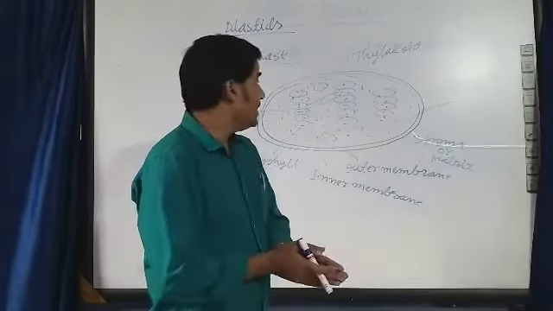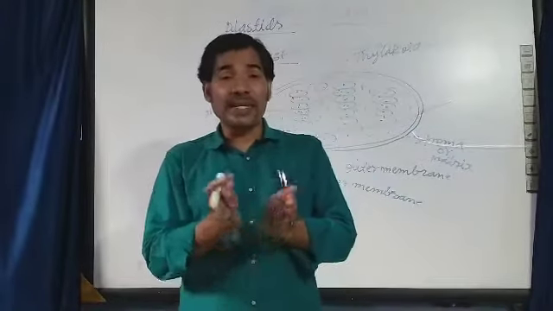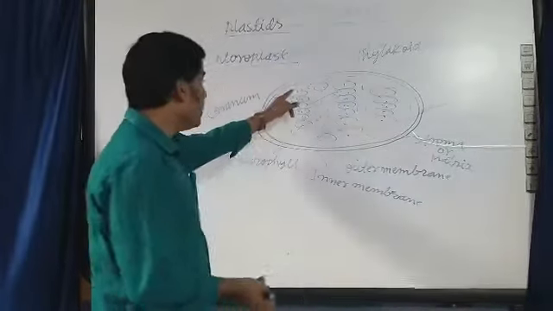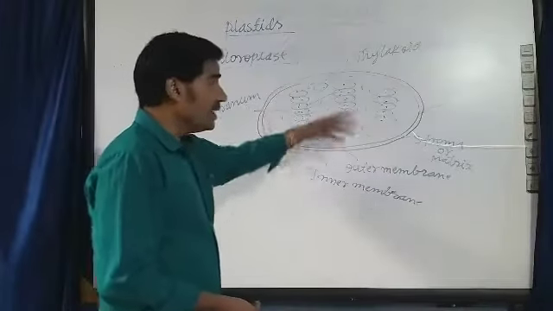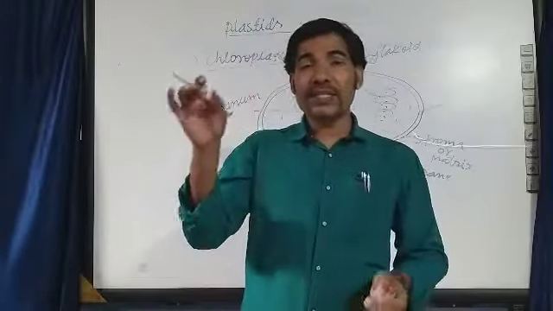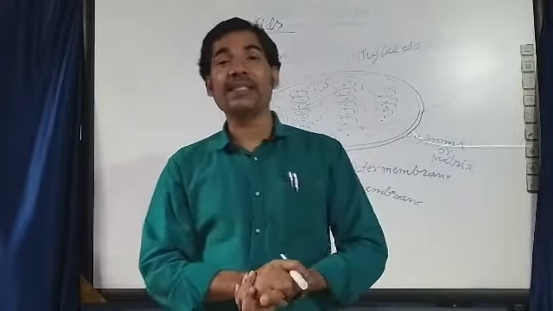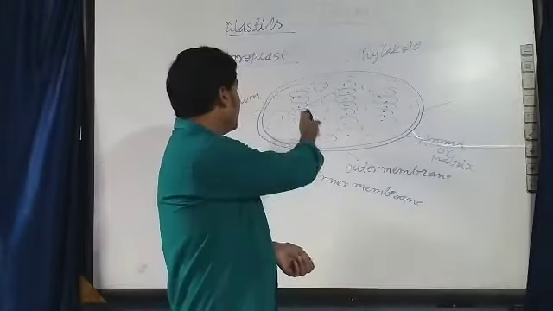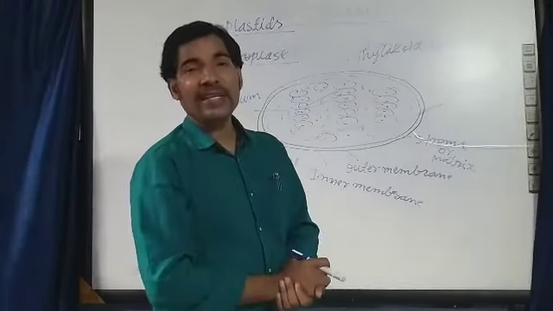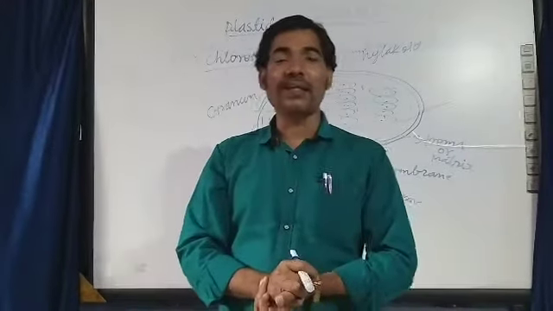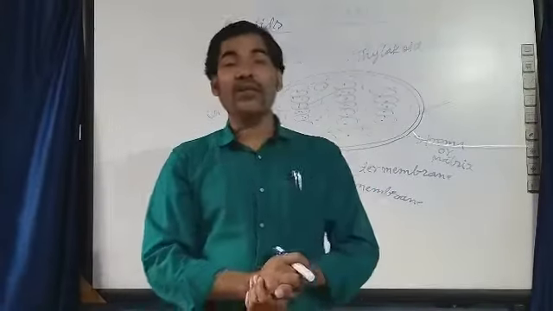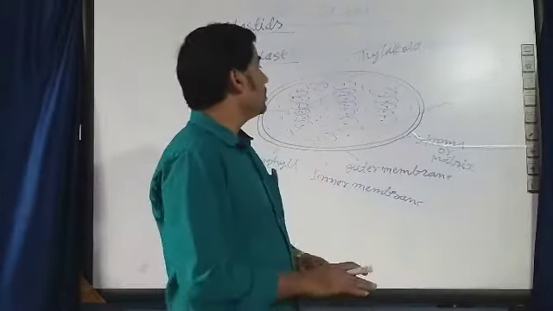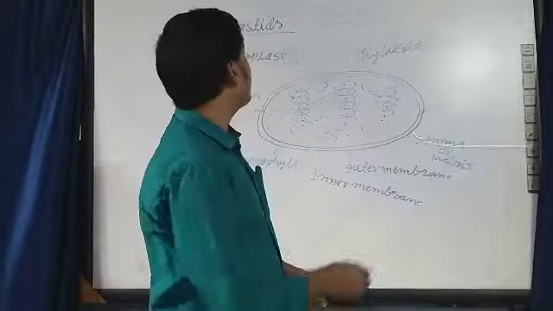Okay, after that these disc-like structures, the thylakoids, get stacked on one another and form a pillar-like structure, and these pillar-like structures are called granum. In a chloroplast, 40 to 60 such granums are present, and these granums are collectively known as grana. Now listen, in the thylakoid or granum, many small green colored pigments called chlorophyll are present, which help in the process of photosynthesis. Okay, so this is the structure of chloroplast.